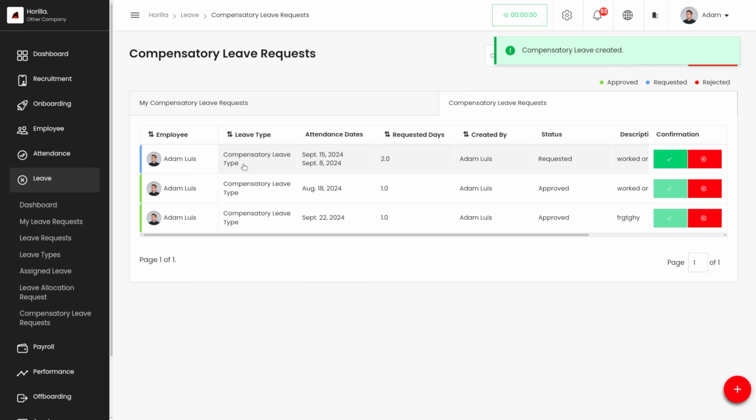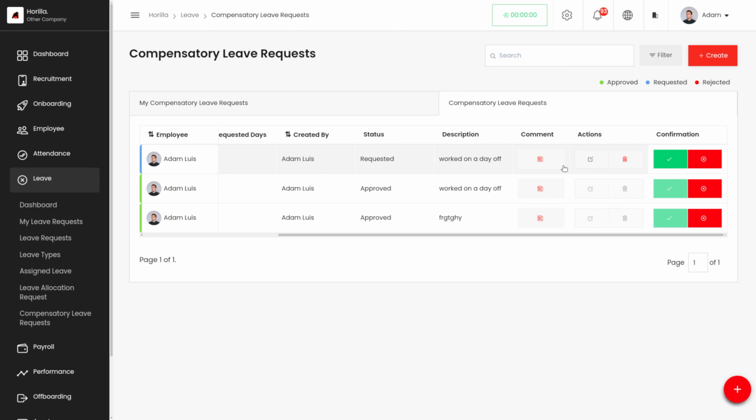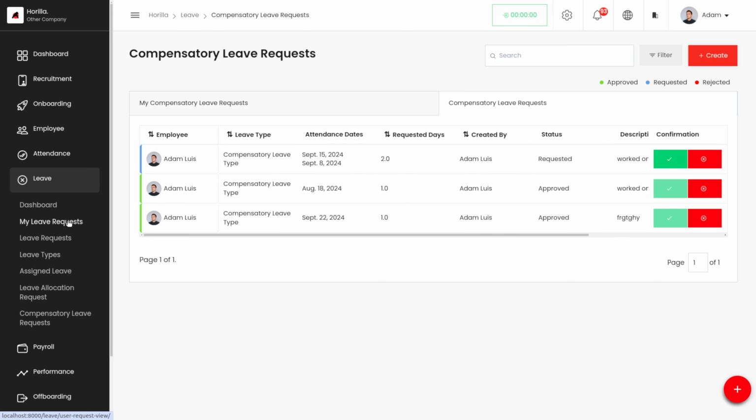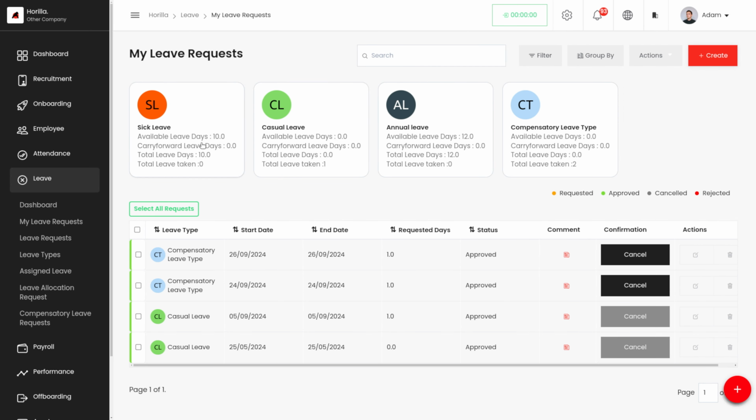We can see the request over here: the leave type, the attendance dates, the requested dates, created by, status, description, comment, actions, etc. Now he'll be able to view this leave type under his leave request. Let's go to My Leave Request, where he can view all of his leave types under which he can request a leave.